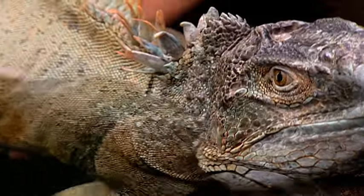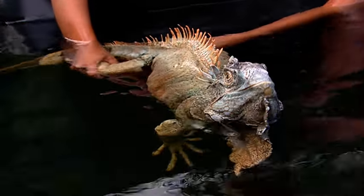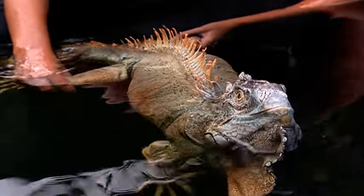So what would be a week course of antibiotics for us isn't with reptiles, it's months worth of treatment. The infection through the last X-ray has gone down, so there is now no reason for his legs to be paralysed. But because it's been months, he's now got muscle wastage in the back of his legs. He's got the use back, so we're now starting just to help him build up his muscles in the back